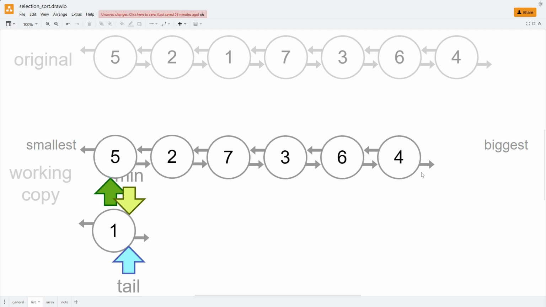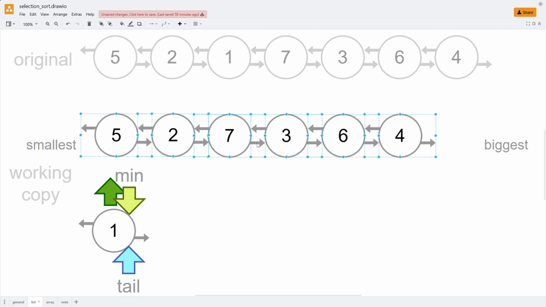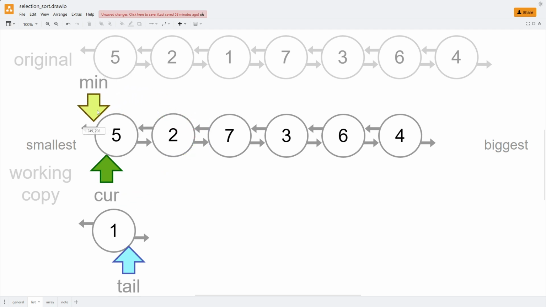Let me actually just move all this up real quick so that we have a little bit more space. So we need to traverse through the list again, and we're going to keep doing that until this list is empty. So we're going to start here again. The min is the first one,